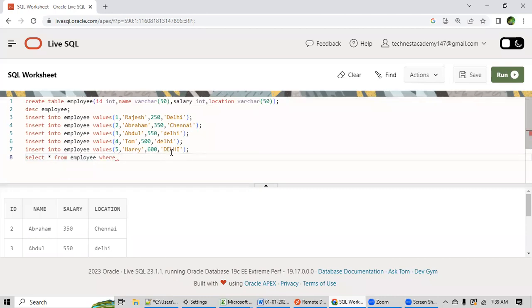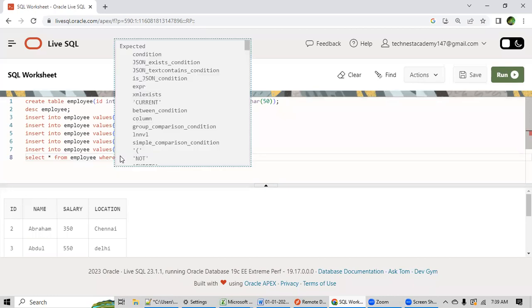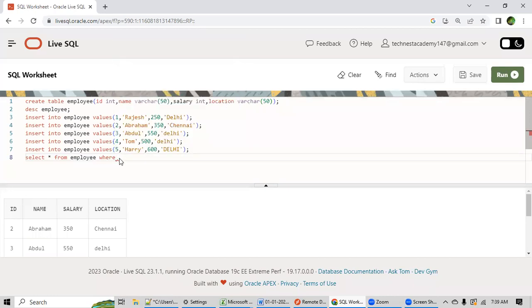They want the employees who are from Delhi, so we have to apply the filter on the location column. I will give here where location equals Delhi.